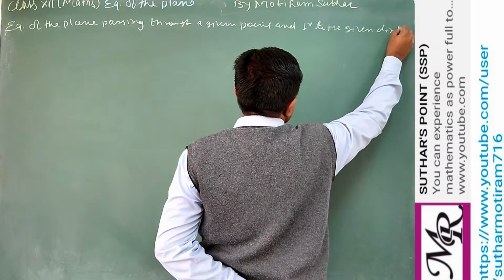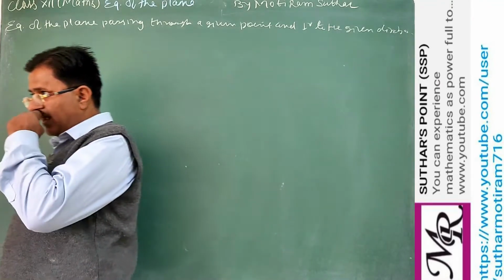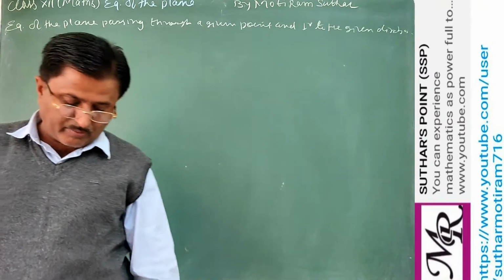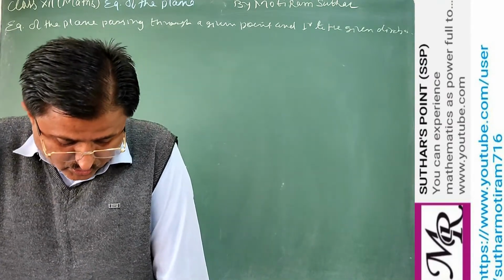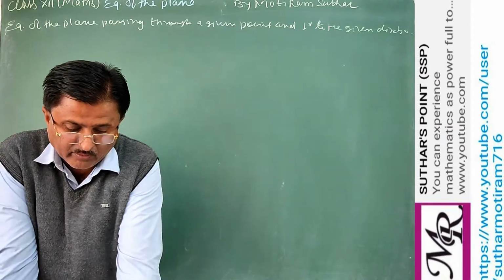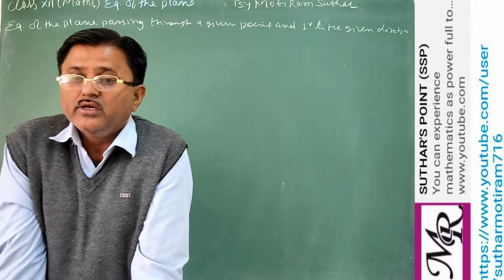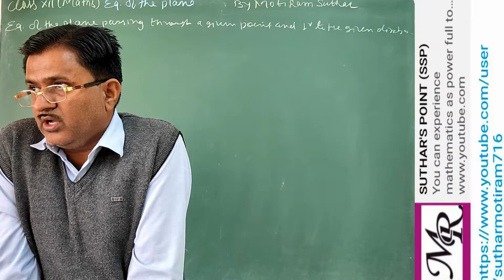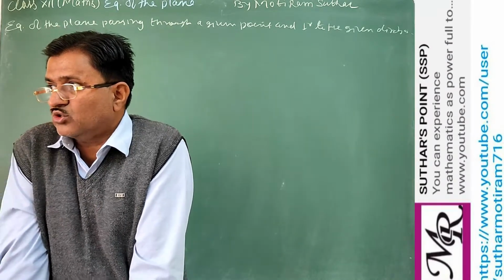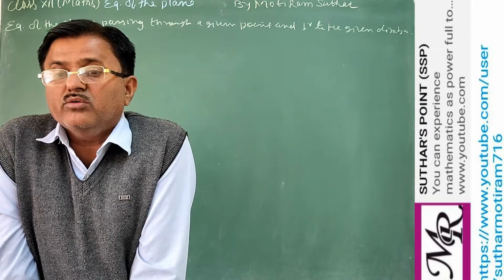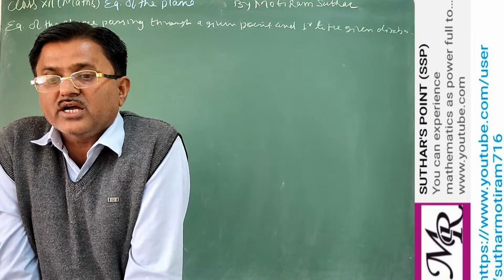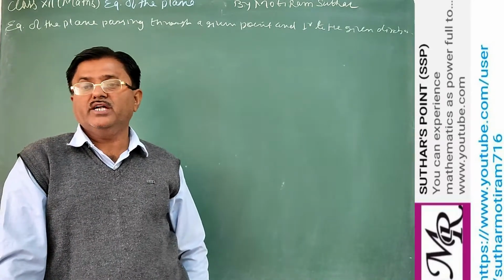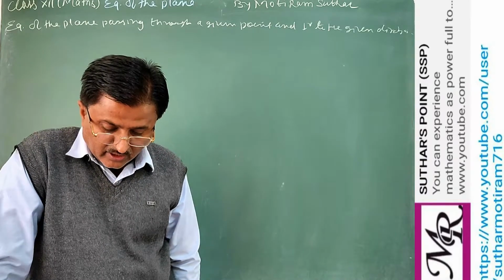So two things are given. We are given a direction and we are also given a point. So the plane is passing through the point and perpendicular to the given direction. In space there can be many planes that are perpendicular to the given vector. If it is simply given, find the equation of the plane which is perpendicular to the given direction, there are so many planes perpendicular to the same direction. That's why we need one more condition, that it is also passing through the point. That's why a unique plane can be defined.